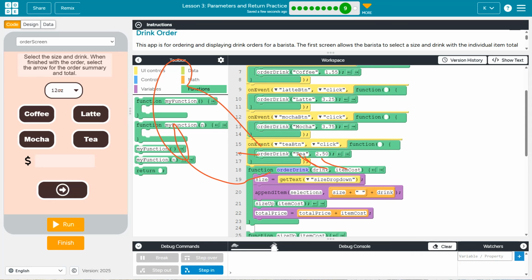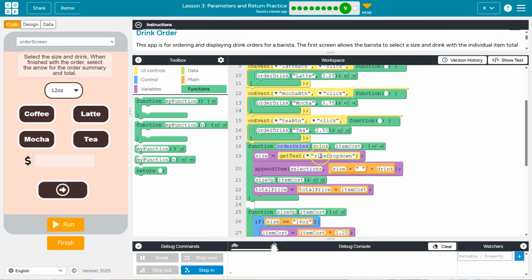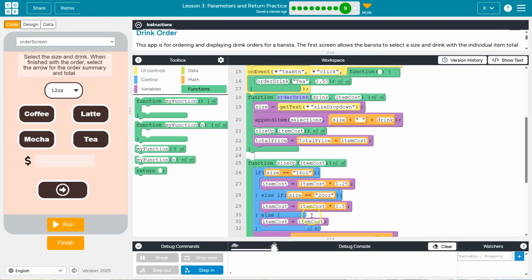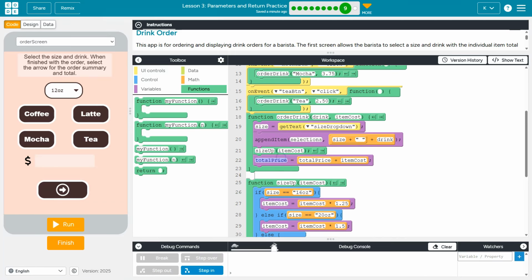It then uses size up and passes the item cost. What's the cost of the item? Whatever we provided it here, and it runs through this calculation. At that point, finally, we update our total